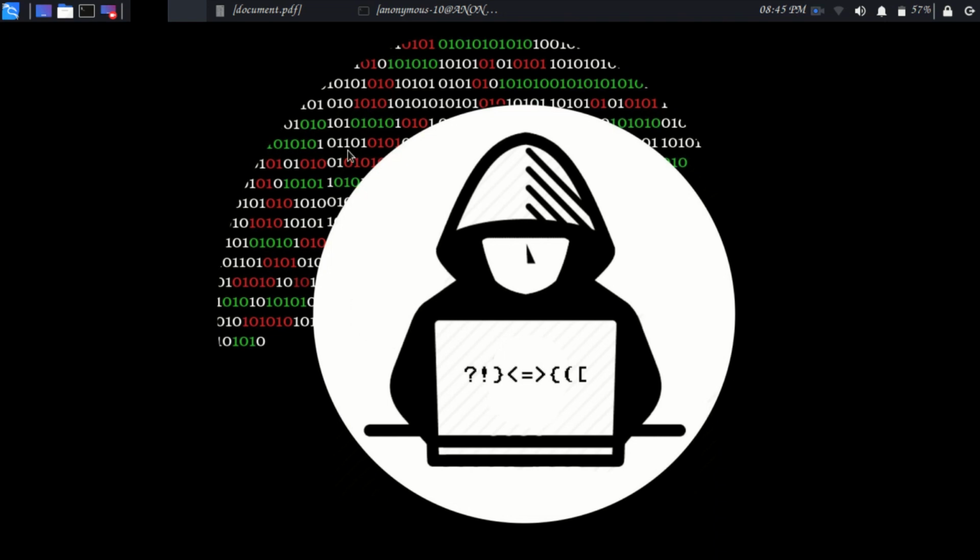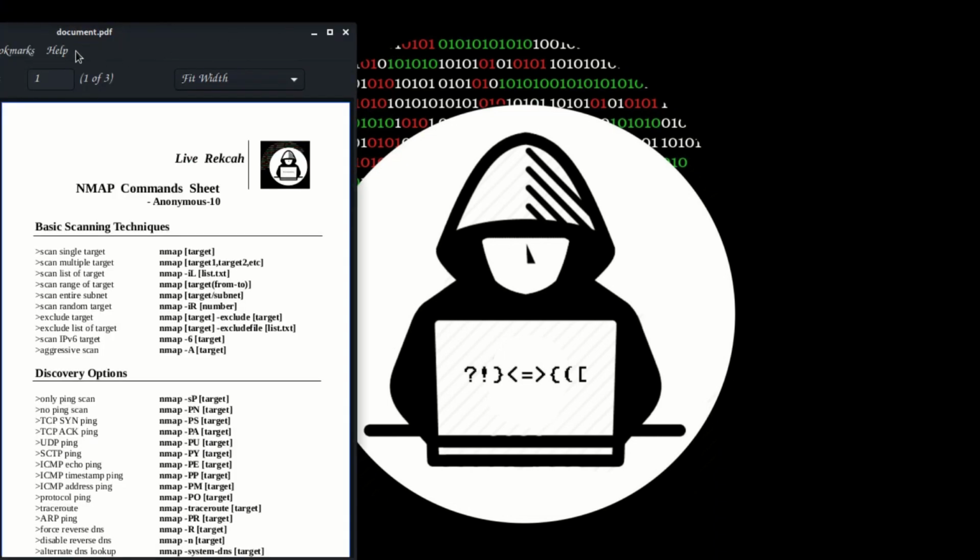Let's get started. I have a document created by me on the left side. These are the commands that we are going to use today. It contains most of the commands that the host uses in Nmap. This is enough for you. If you want to learn more, I have attached the link in the document itself. You can use that link to read more. And I have attached the link to download this document in the description given below.